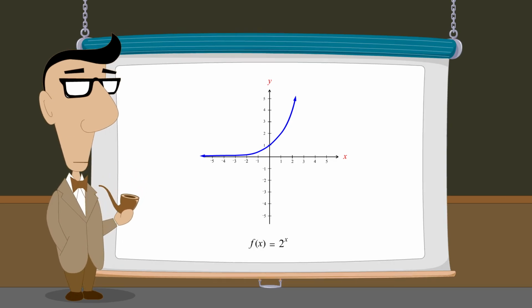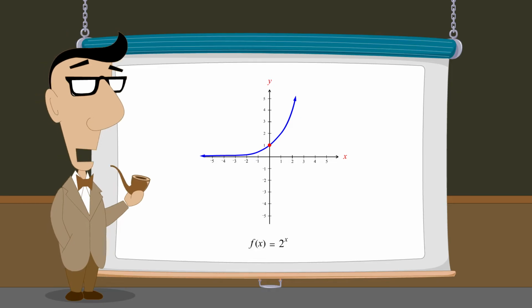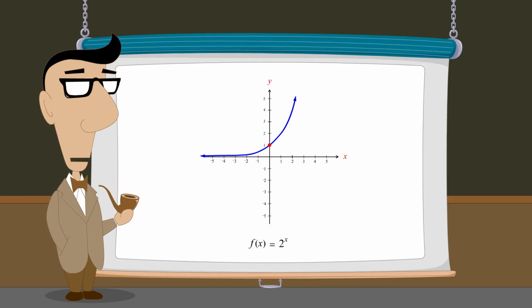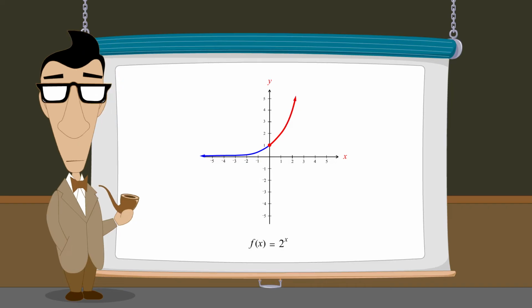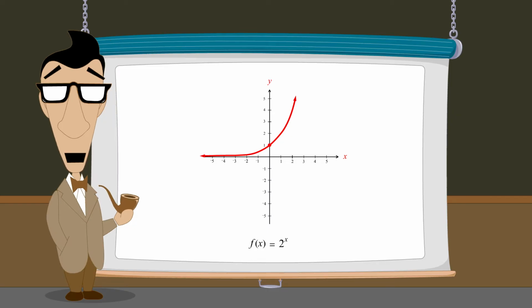We saw that this exponential function has a value of 1 when its exponent's value is 0, which is also true for all exponential functions. As x takes on larger positive values, this function's value increases exponentially and decreases exponentially as x takes on larger negative values. Since over its entire domain, this function's value increases as x increases, this is said to be an increasing function. So let's see what happens when we choose base values other than 2.